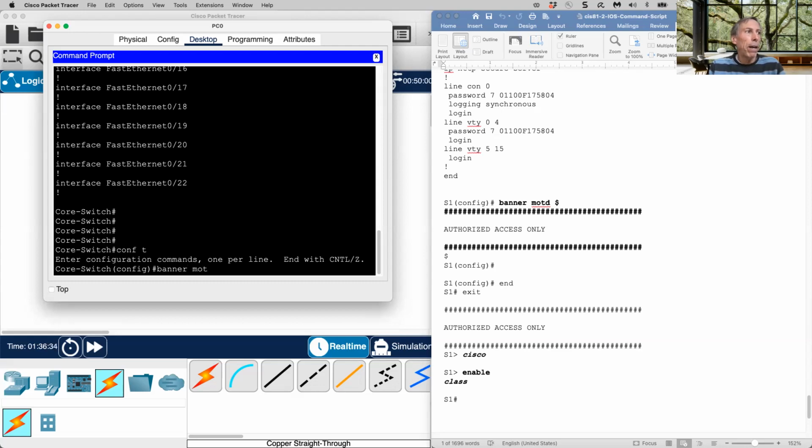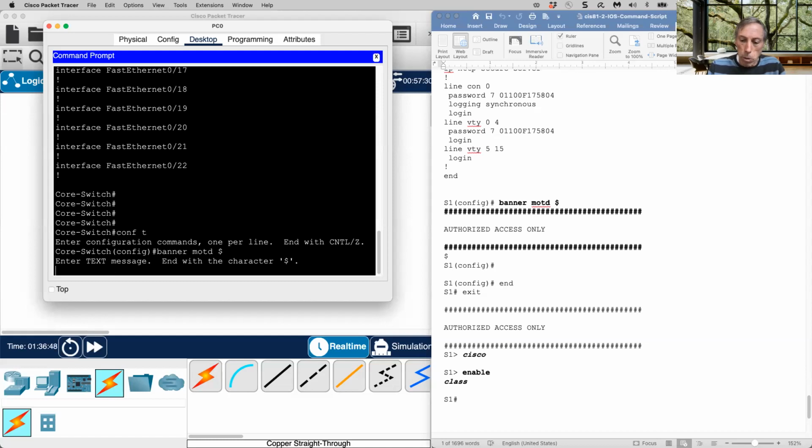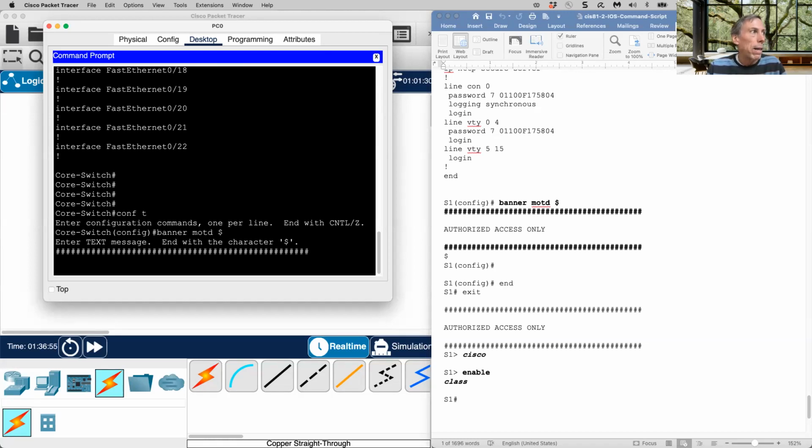Banner message of the day. And then the next command I give is a delimiter. I'm going to do a dollar sign. That means I can't use the dollar sign in my message. That's going to show the end of the message. I can hit enter. Look at this. I can do all kinds of cool things here. I can use a symbol to make a nice border, hit enter a couple of times, authorized